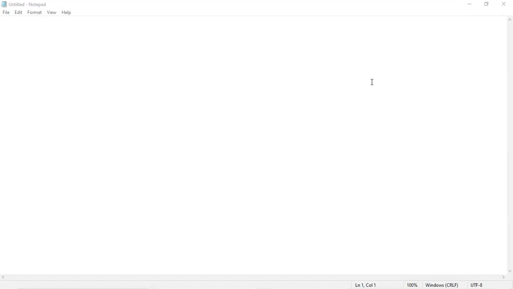Then in the third presentation session, I gave a simple example. We created one simple Android app. There was a button, and when you click on that button, it gave a toast message. The toast message appears for a brief duration of time, and once the duration is completed, it is not shown. So this was the first Android app we created using Android Studio.